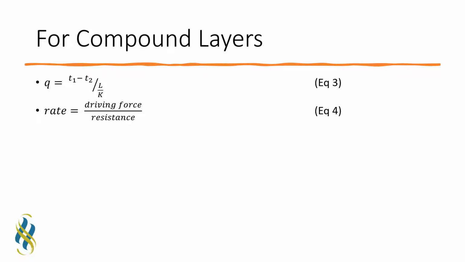इस प्रॉब्लम को ओवरकम करने के लिए हम इक्वेशन 2 को रीअरेंज करते हैं इस फॉर्म के अंदर, जिसमें स्मॉल q कैन बी एक्सप्रेस्ड एज T1 माइनस T2। स्मॉल q मतलब amount of heat transfer per unit time can be expressed as T1 minus T2 divided by L over K. ये स्पेसिफिक केस उस वक्त हो सकता है जब कंडक्शन एक्सप्रेस हो रही हो या जनरल एक्सप्रेशन कंडक्शन की हो रही हो एज अ रेट प्रोसेस, किसी भी रेट प्रोसेस के थ्रू। और अगर हम रेट को डिफ़ाइन करते हैं तो रेट इज़ डिफाइंड एज द ड्राइविंग फोर्स डिवाइडेड बाय रेजिस्टेंस।